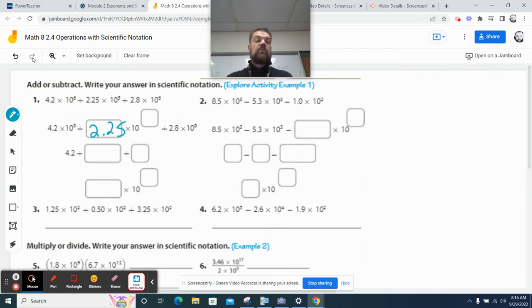Oh, you know what I did wrong? We got to convert it to 10 to the 6. So if I convert it to 10 to the 6, well, we did something similar. So this would be 0.225. Then we bring that down. Now we just add this and this. 4.2 plus 0.225